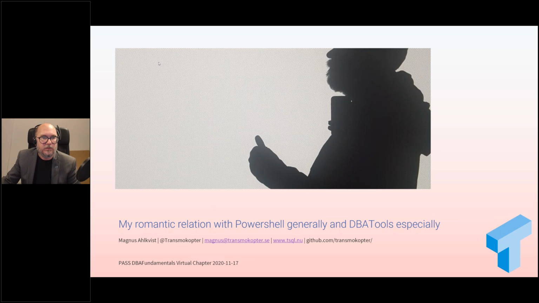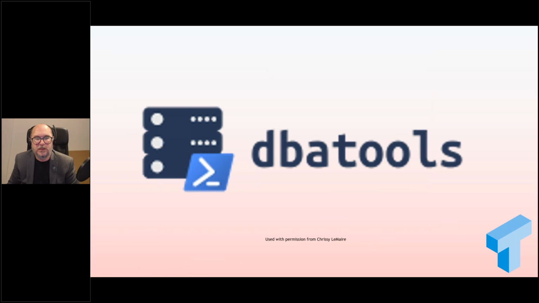What we're going to talk about today, if I can just change slides, yay, is DBA tools. A little bit about PowerShell itself, but